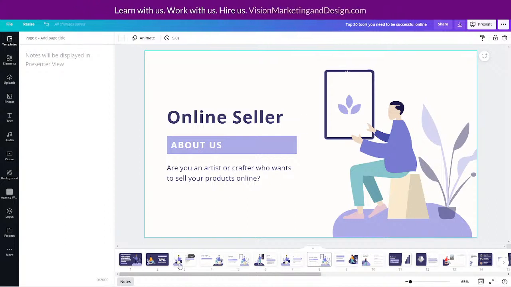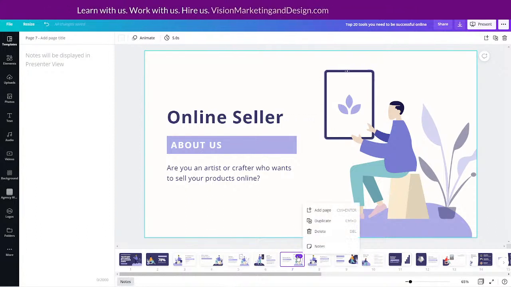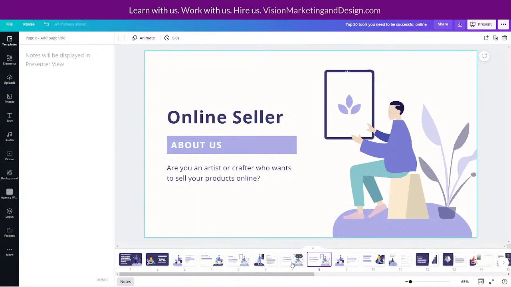So we have the image on the left, then right, right, left, left, and then another on the right. Let's move these around to make them congruent, and then duplicate this one and move that over.